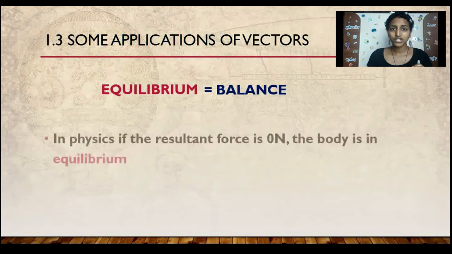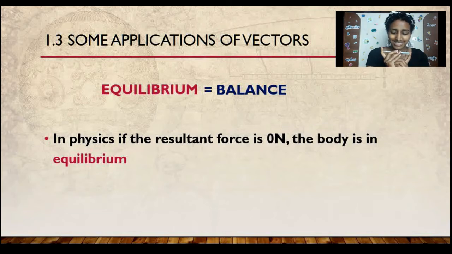Now, the physics definition of equilibrium is that the resultant of the vectors acting on a body is 0 Newton. See, now we're using vector terms in order to describe equilibrium. We know what a resultant is. We know how to find the resultant if the vectors are parallel, perpendicular, or even not parallel and not perpendicular. If you don't know what I'm talking about, you might want to look at the previous subunit on the addition and subtraction of vectors. So, we know that we can find the resultant of any vectors acting on a body.